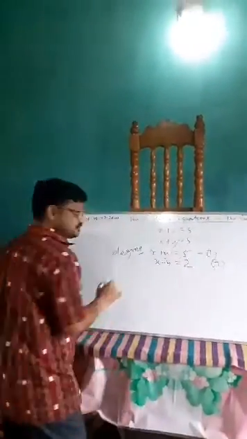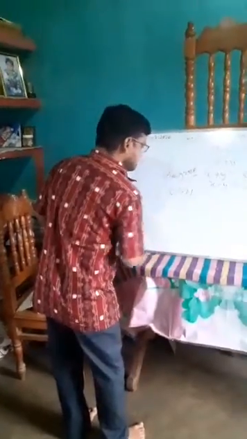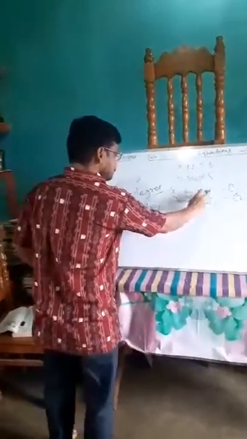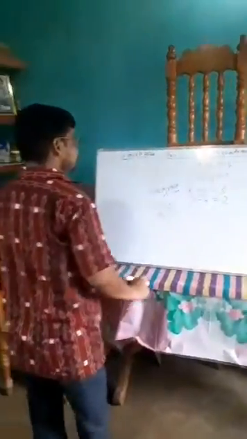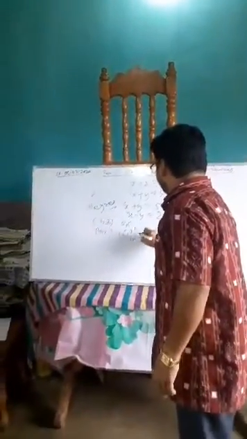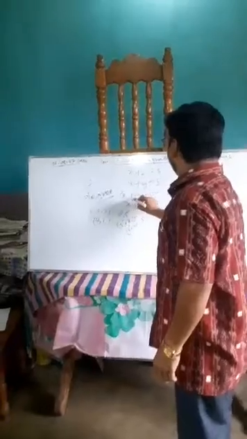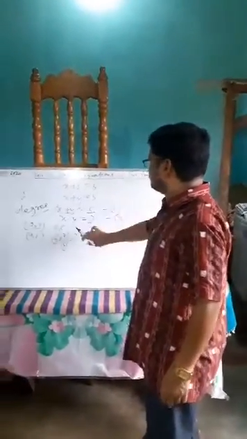Graphically, if I take different values for x plus y equal to 5, I can take 2 and 3. The x value is 2, the y value is 3. 2 plus 3 is 5. 4 and 1 also I can take, 4 plus 1 is 5. And 0 and 5 also, 5 and 0 also, 6 and minus 1 also. So these are the solutions of the first equation.